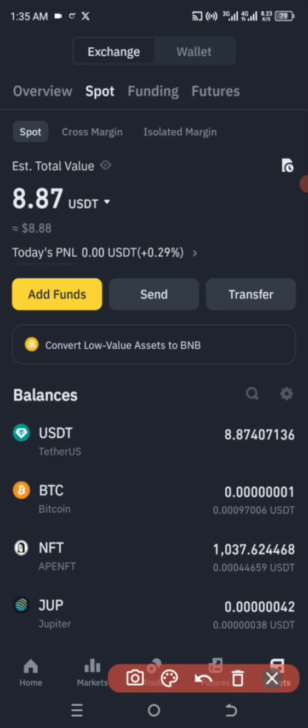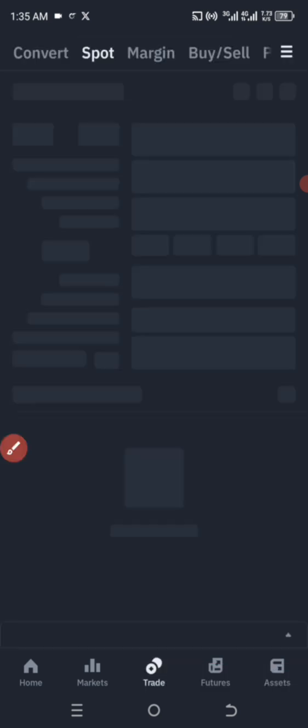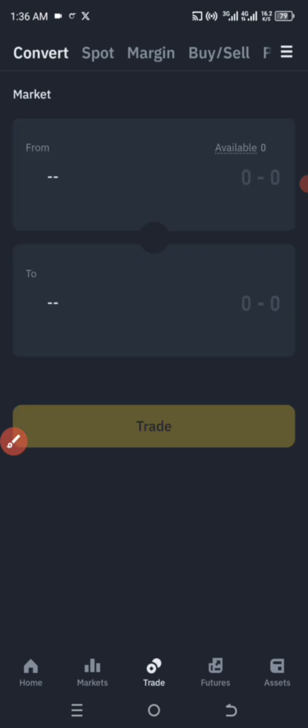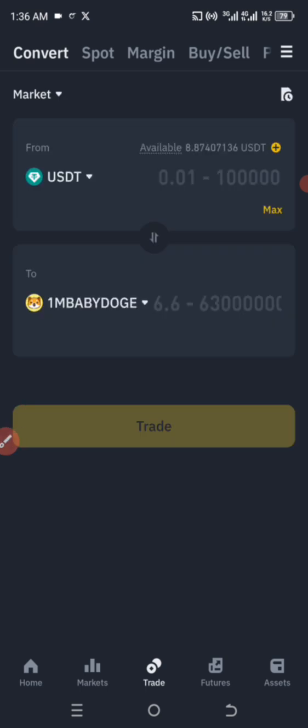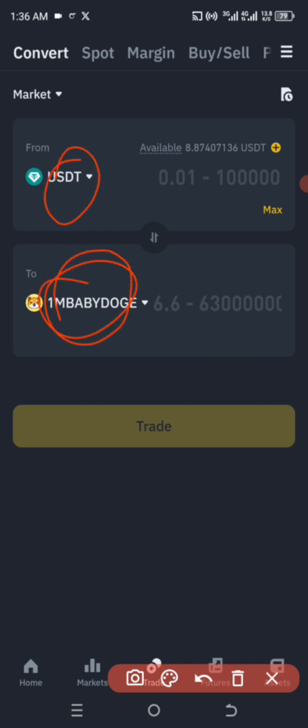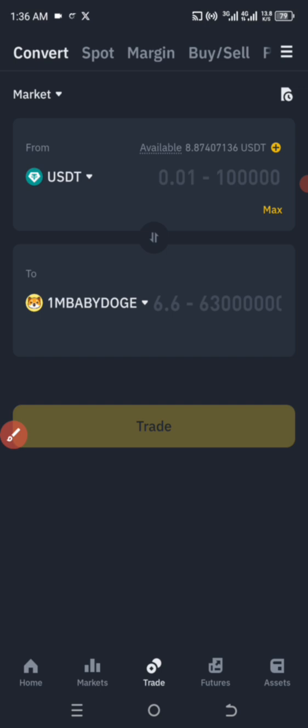So you just click on trade here. When you click on trade, you see convert here. You click on it, and I'm converting my USDT to BNB. So the USDT will be at the top, where the BNB is at the bottom. Okay, so I just click on it,